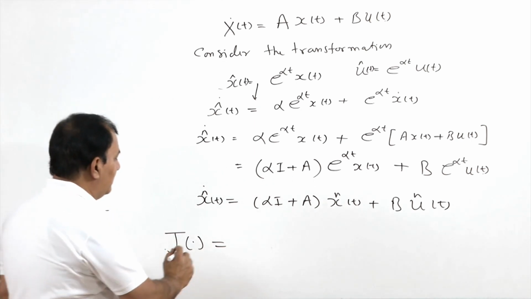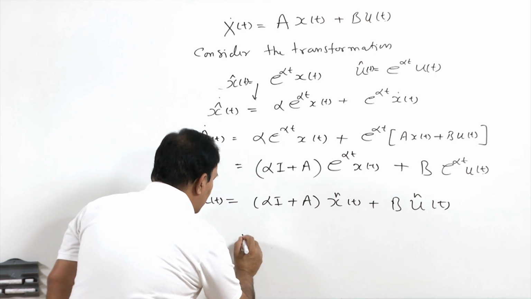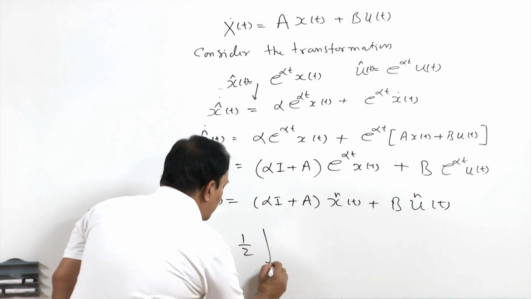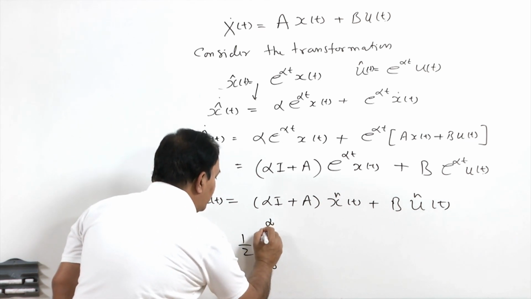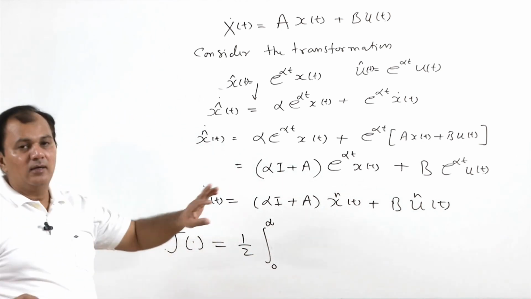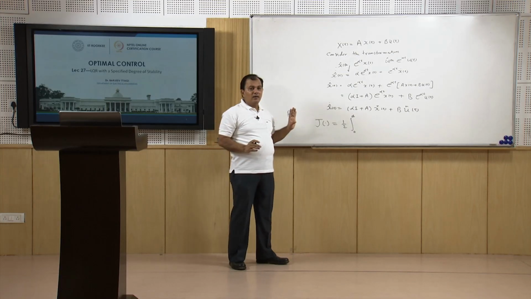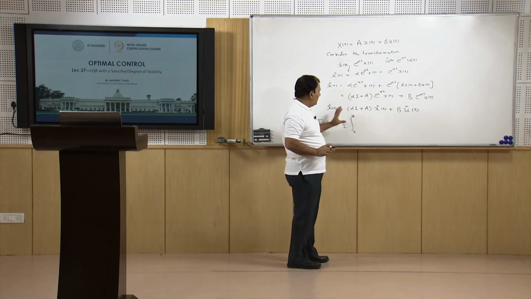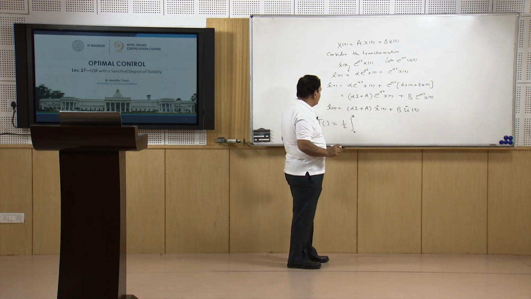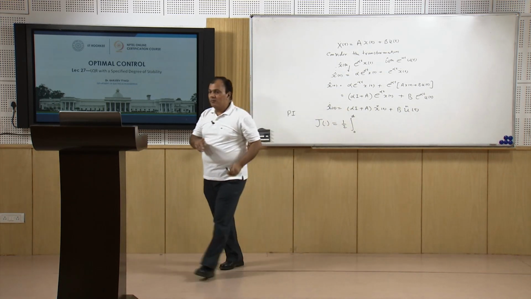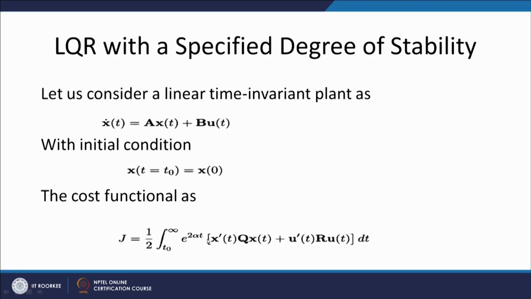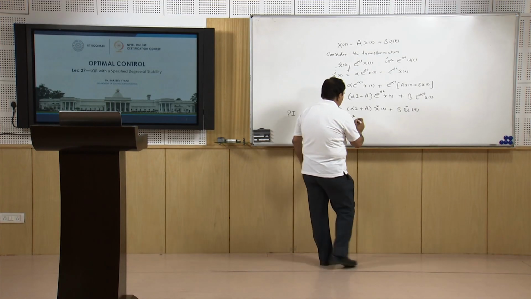So, my PI is integral 0 to infinity, because we are considering an infinite horizon time invariant regulator system, and if you see, my product here is e to the power 2 alpha t. So, I will take one e to the power alpha t with x prime and another e to the power alpha t with x t. So, if I multiply this,